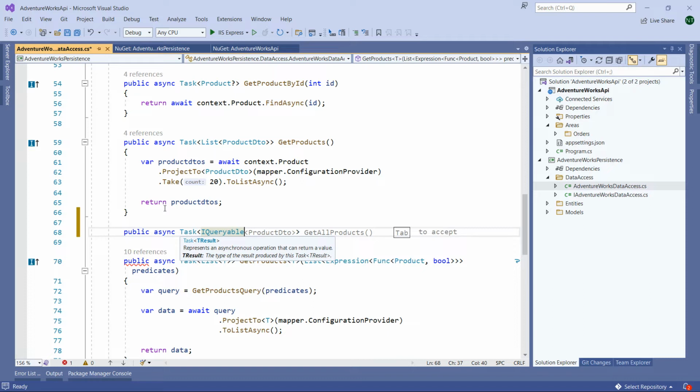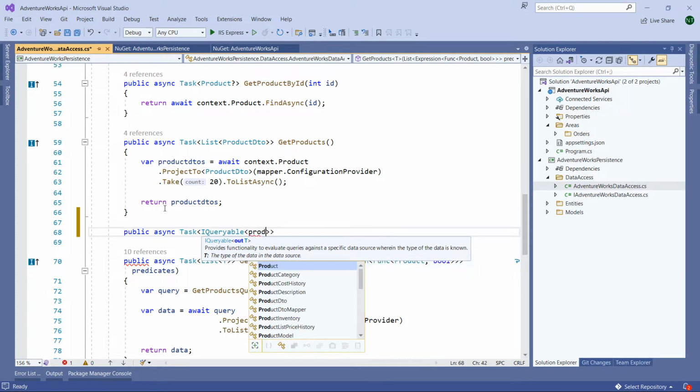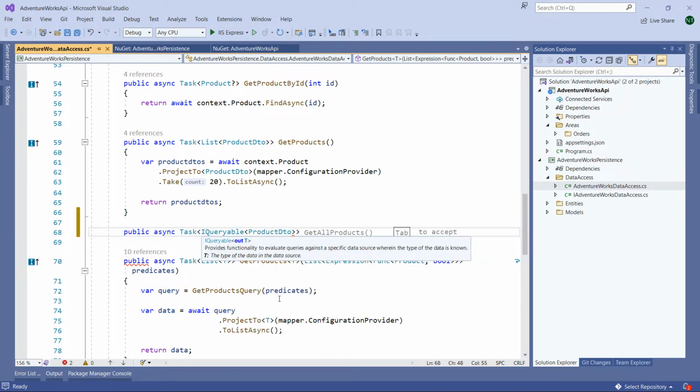So this is the new one, right? Why are we giving IQueryable? Because as I said earlier, we are going to build an API endpoint that will be able to query our API. So it's going to return an instance of product DTO as an IQueryable,